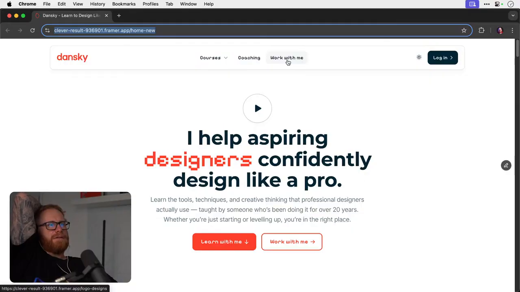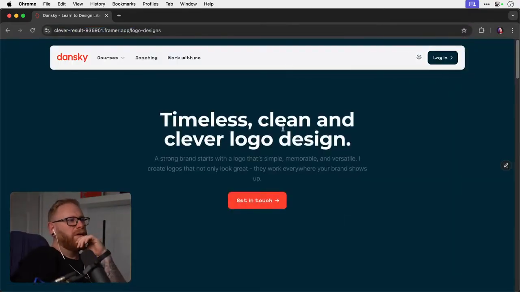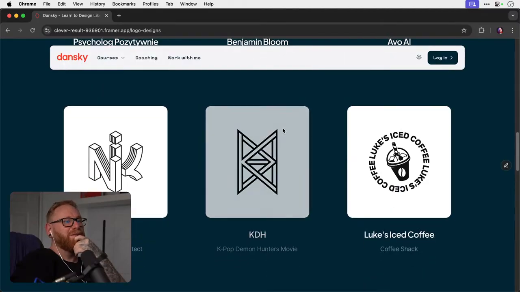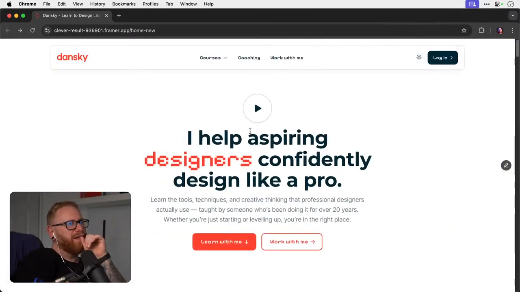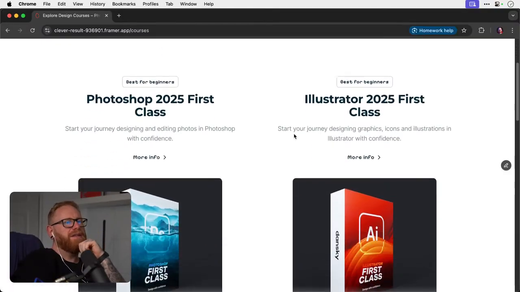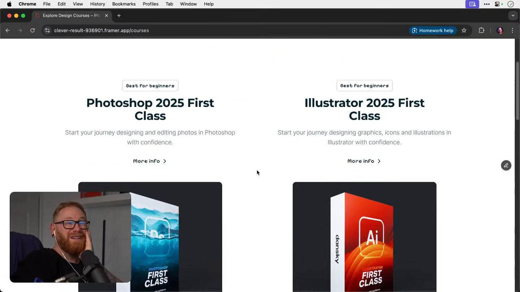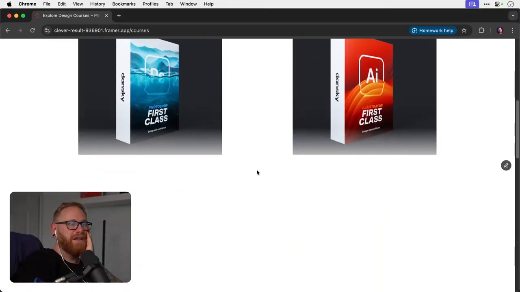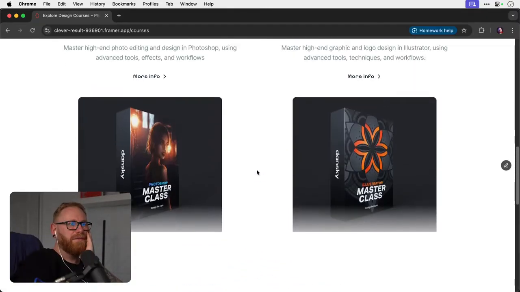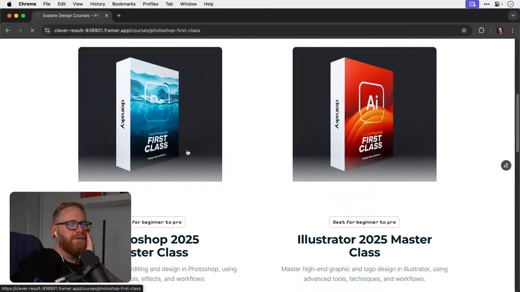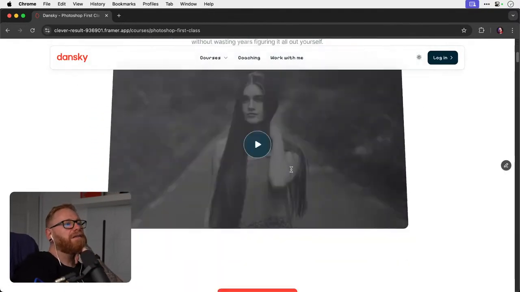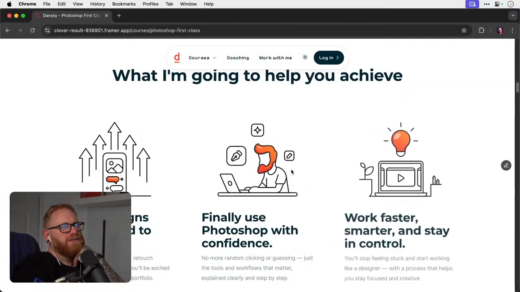And work with me, that's some of my work, so that needs changing. But yeah, I think it's just the course template. Oh, and this page as well. Actually, I could probably keep a lot of this page the same. And then it's just the actual product pages. These just need reworking slightly.